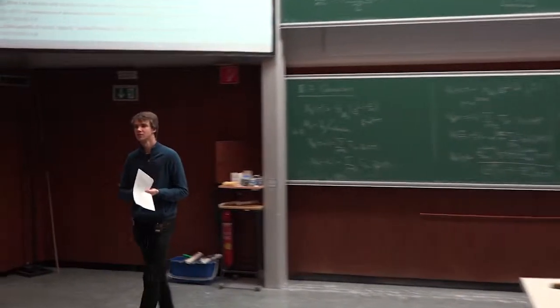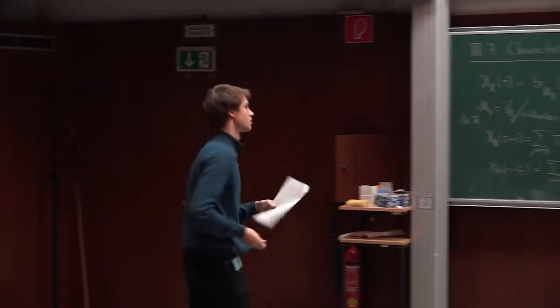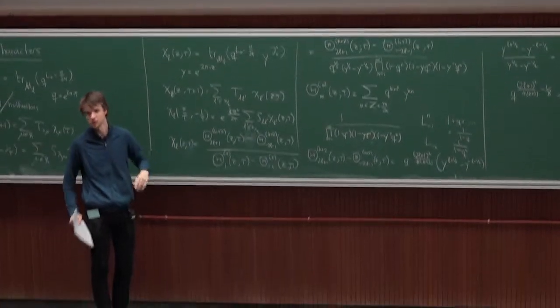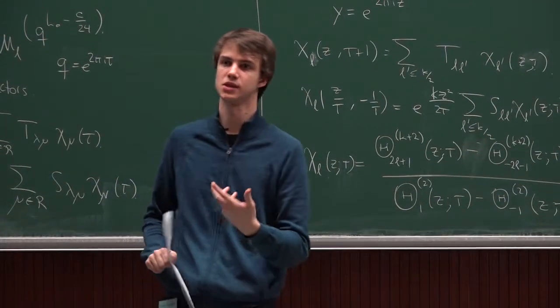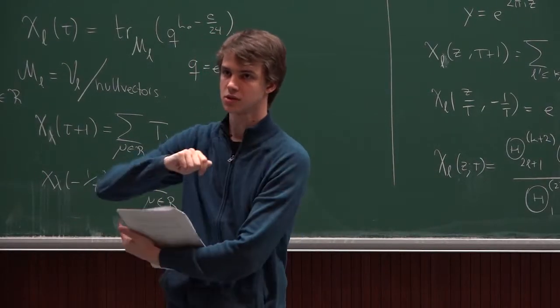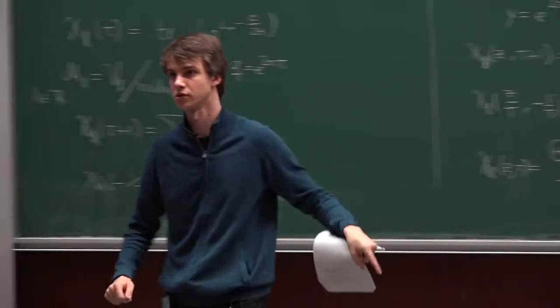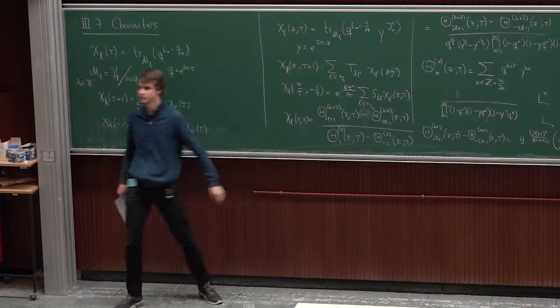Can you give me a simple argument to see that z also changes under S? Okay. The question is to give a simple argument why z changes under S modular transformations. So one way of understanding it is that z is actually a coordinate on your torus. So now if you change your torus, the structure of your torus, also your z, your coordinate on the torus, has to transform with it. So that's the right way of transformation under that.